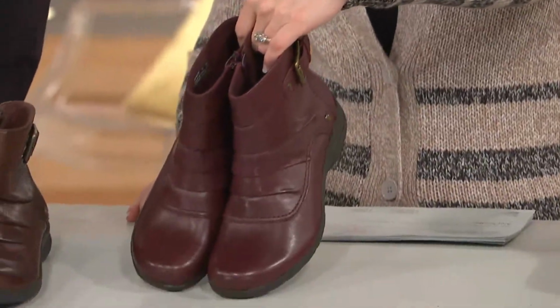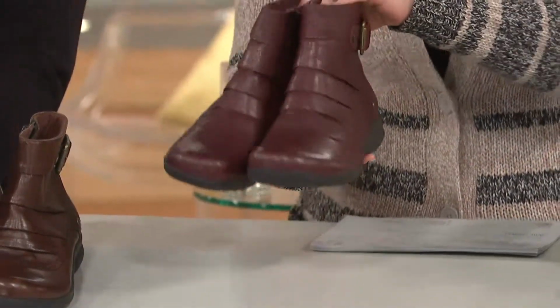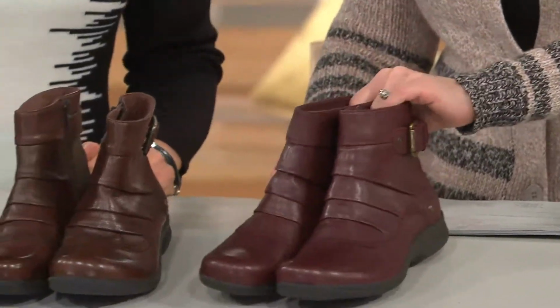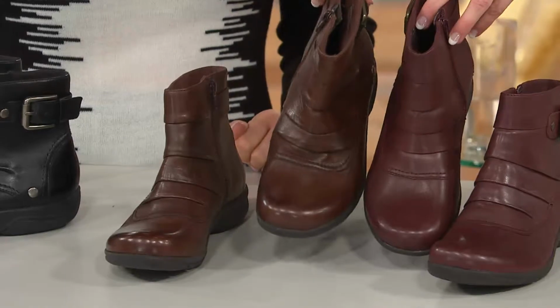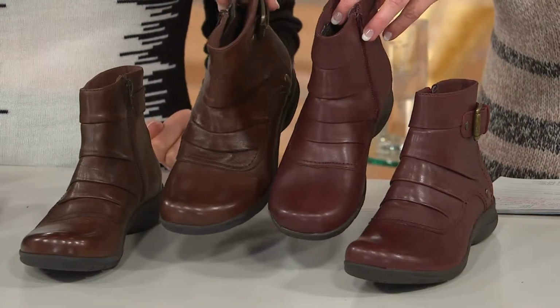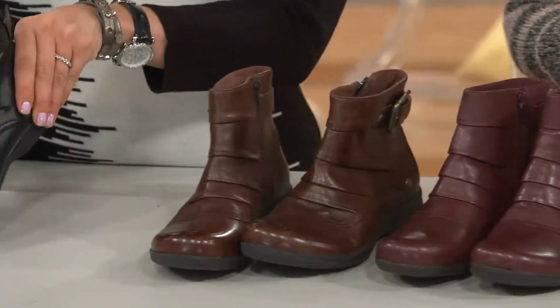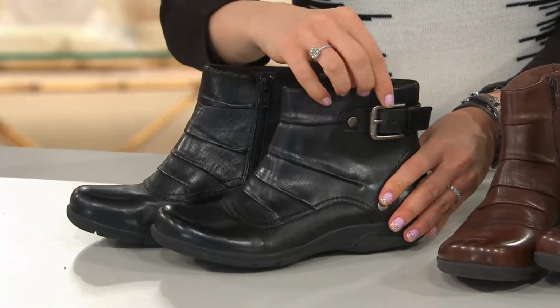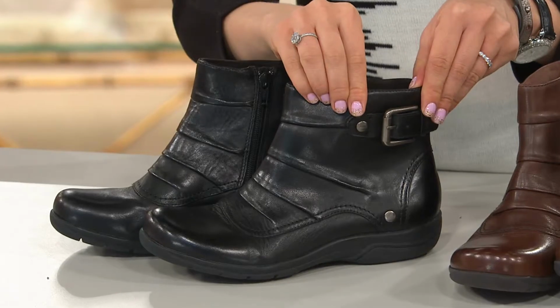That's the burgundy. And it's a beautiful burgundy, a deep, deep burgundy. It's not plum, it doesn't scream red at all. Here it is next to the brown, so you can see the burgundy versus the brown, and then we have it in the black. Now, we also have medium and wide widths in this shoe, whole and half